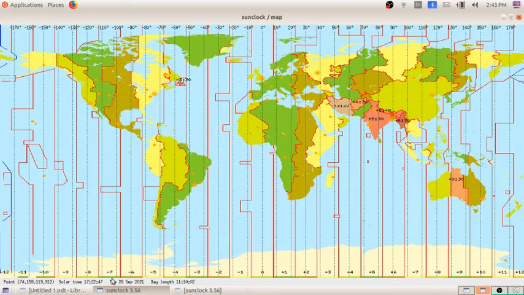120 degree, 17:22. So already we explained it is a 2 hour difference you can see when we compare those timings. And also one more difference you can notice. What was that? When we are moving to the right direction, you can see with respect to 0 degree time, the 0 degree is 9:23. When I am moving 30 degree to west, that means to the left, what is happening?